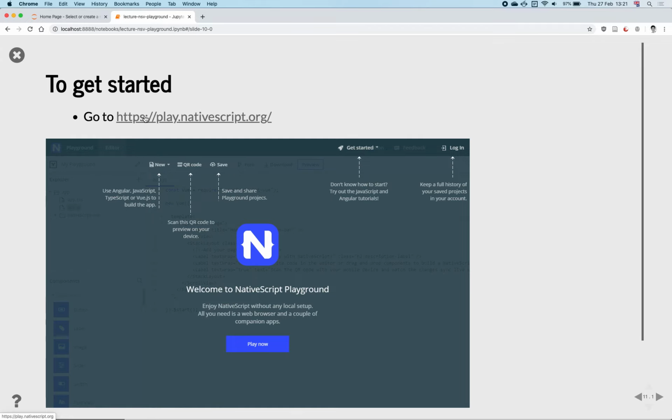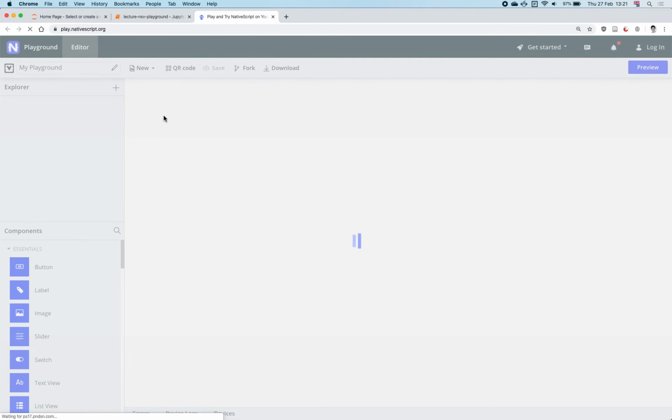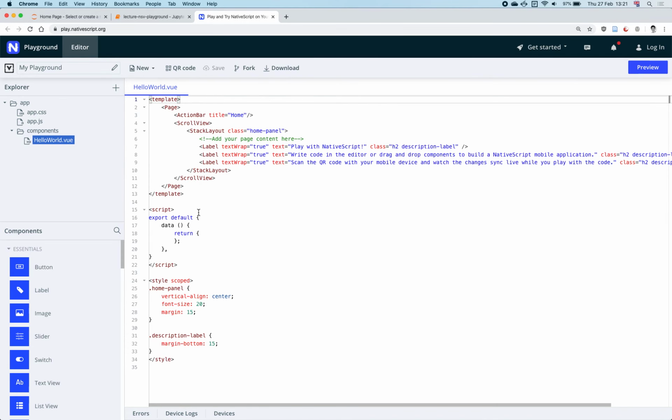Okay, so that's the URL. If you click and go to the web page, it looks something like this, and it's actually not that different from Visual Studio Code. This online editor and the site is using the same editor used in Visual Studio Code. So some of the keyboard shortcuts will still work in here if you're using Visual Studio Code,